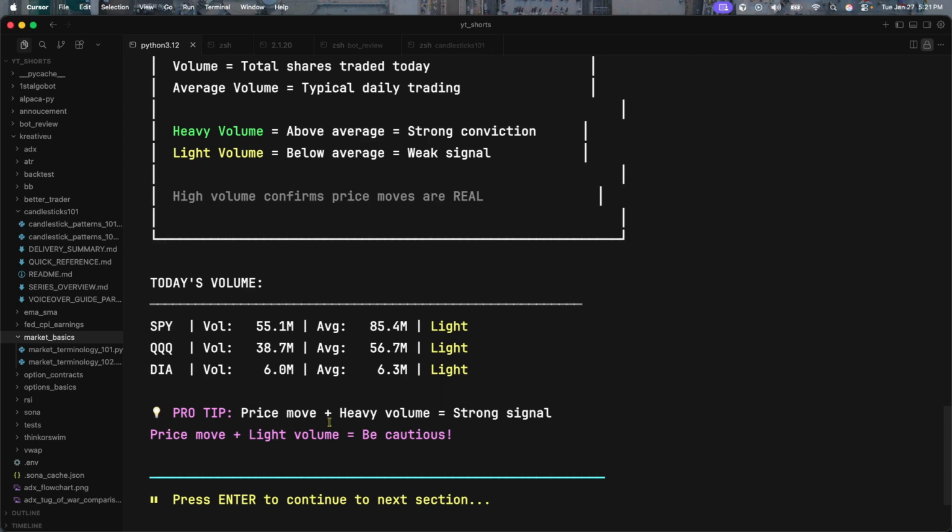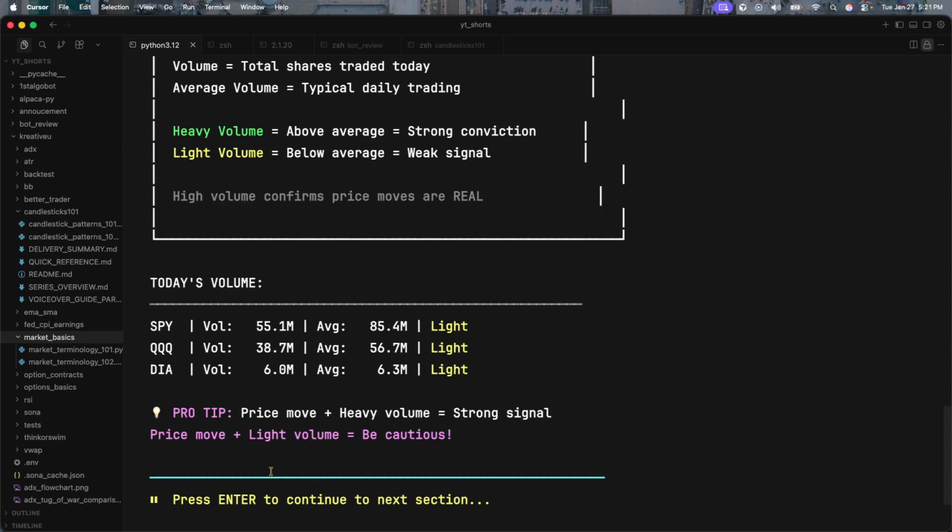So price moves plus heavy volume equals a strong signal. We have a strong conviction, and that's a big body candle, which is what I like to call it, right? Because this lets us know that there's a lot of conviction, there's a lot of movement in the room. Everybody wants a little bit of that action. Maybe there's FOMO going on. Maybe there's a little bit of panic. If you're looking at a red candle, that lets me know that there's a strong move based on whatever signal